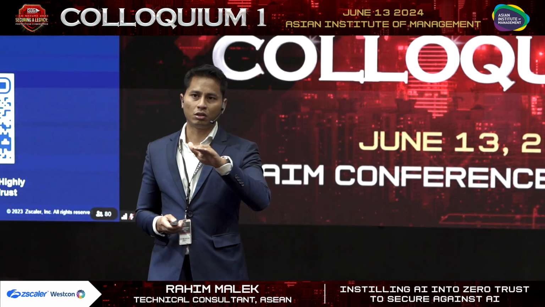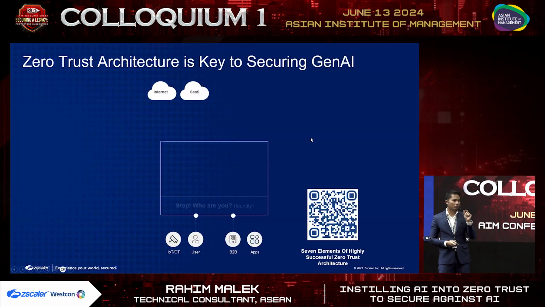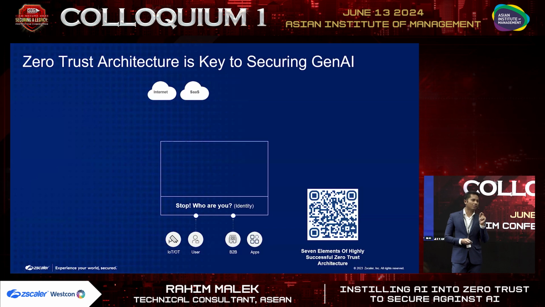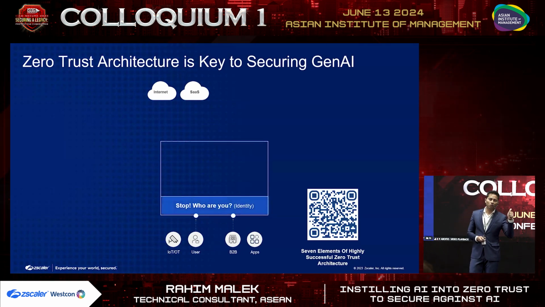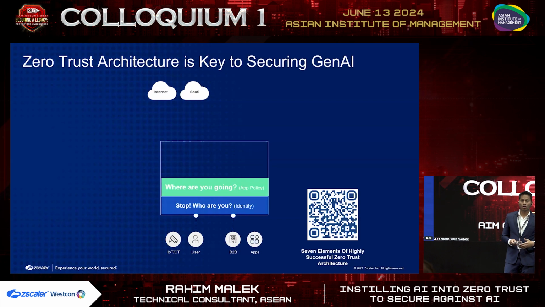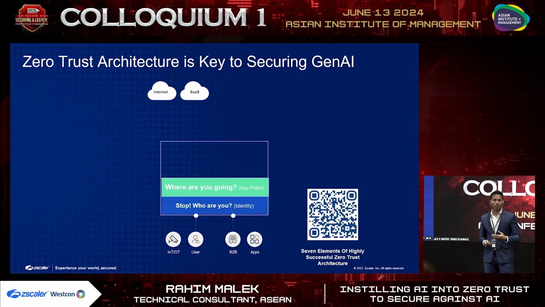But on a high level, what I want to touch on is that when we talk about zero trust architecture, the fundamental concept is identity. You need to know who you are, who this individual is. So we need to stop this traffic, open up this packet, and inspect. First things first, who are you? And we also need to know where you are going to. Whether you are going to general internet applications, or using your corporate SaaS resources, for example Salesforce, maybe Office 365, Google Workspace.